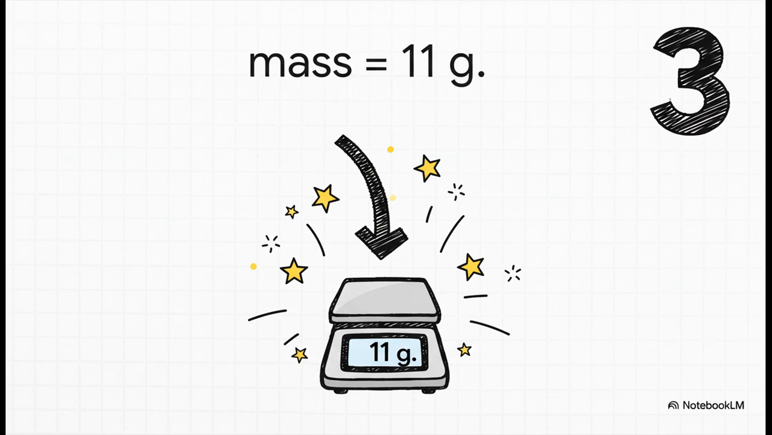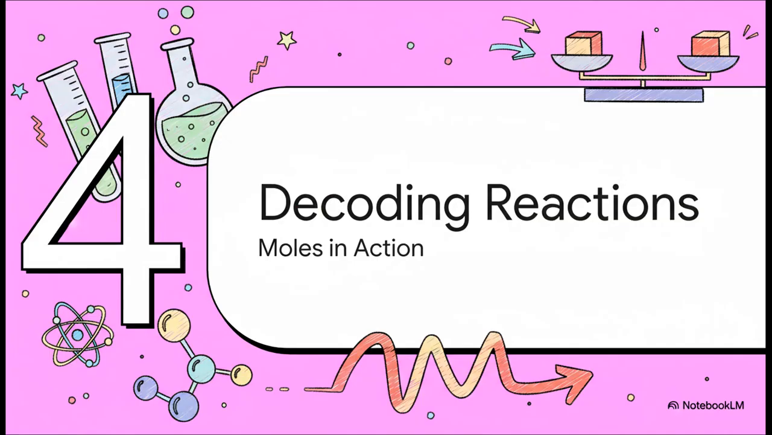So a quarter mole of CO2 weighs exactly 11 grams. And just like that, using nothing more than a simple scale, we've measured out a specific astronomical number of molecules. Pretty cool, right? So this is where it gets really powerful. Now that we can switch back and forth between mass and moles for one substance, we can start to decode